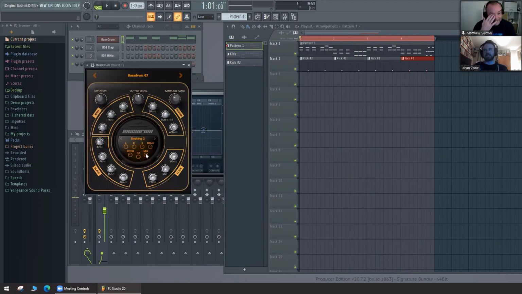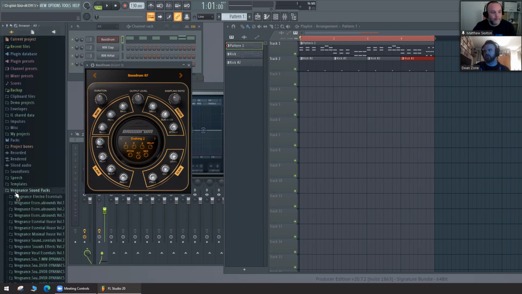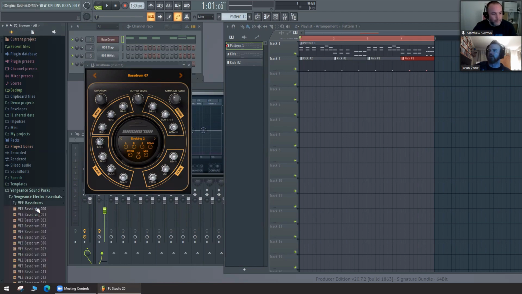Right, so that's basically how you would add or change an instrument. Now let's say you didn't want to put in an instrument, you wanted to put in a sample. There are two ways you can do this. Using the browser function, you could go to your samples on the left. I think the Vengeance Sound Pack should work for you. Click into it, then bass drums, click bass drums, and now you can